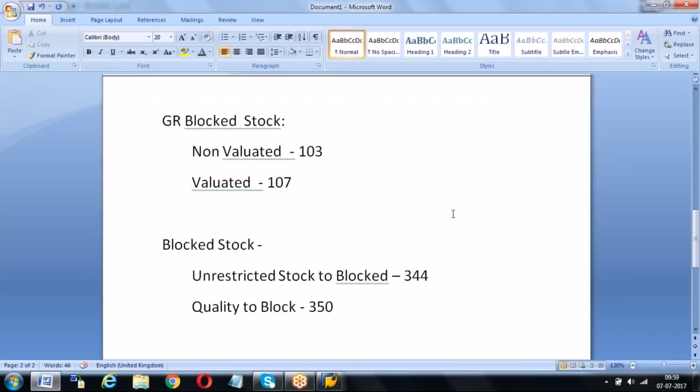Okay. So GR is for a temporary block and this is a block for quality. Yeah, it's blocked due to reasons, due to quality, damage, whatever it is. Okay, unrestricted to blocked stock, when do we use it? For example, the material is there and you feel it is not good, then you can directly move it to blocked. And when you have quality management, generally this 344 won't be happening, because when you get a doubt about the material, when the material is expired, you will send a sample to quality, the people will check and they will check some parameters. Yeah, you can use it for 15 more days. Yeah, you can use it for one more month.